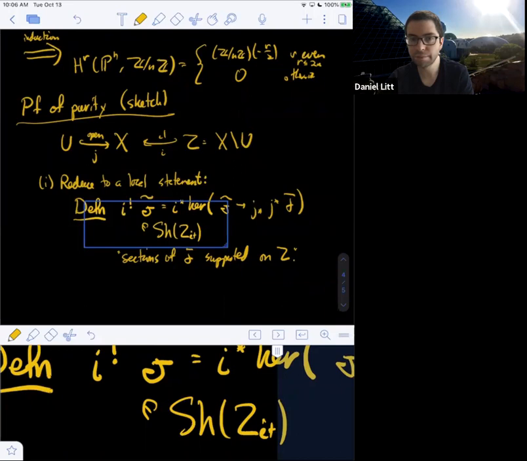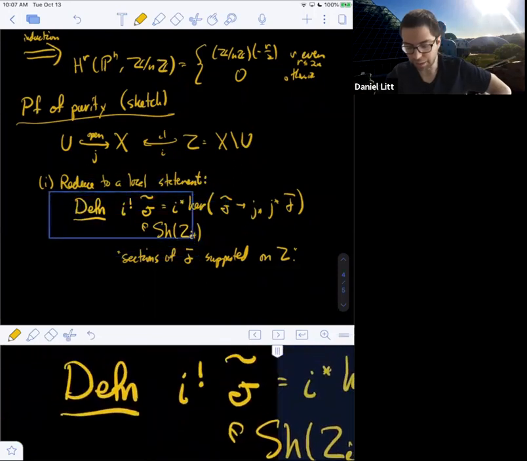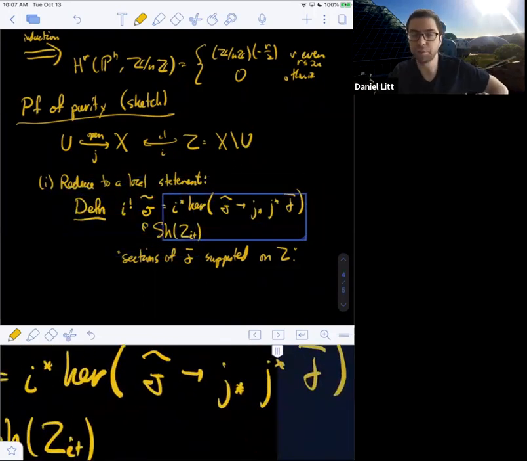Is it usually defined at the level of sheaves or a derived category of sheaves? Yeah, so in general, it would be defined on the derived category. And we'll see that this I upper shriek is not exact in a second. So in fact, it has derived functors and so on. That's not totally obvious, but I'll state a theorem that implies it. Because we're in this nice setting of a closed immersion, it's very easy to define H0 of I upper shriek. And that's why I've done it this way.